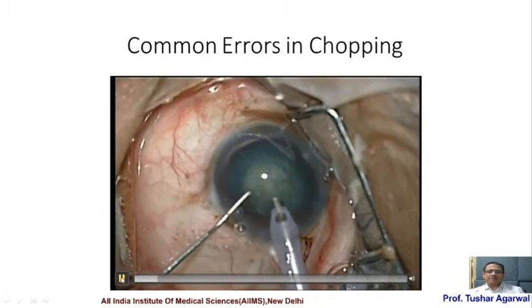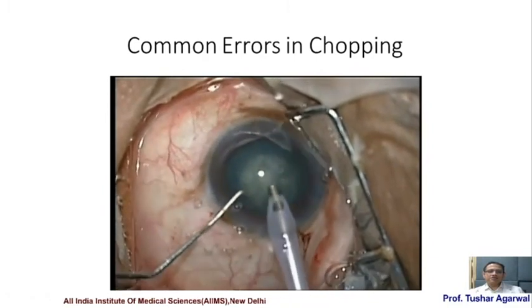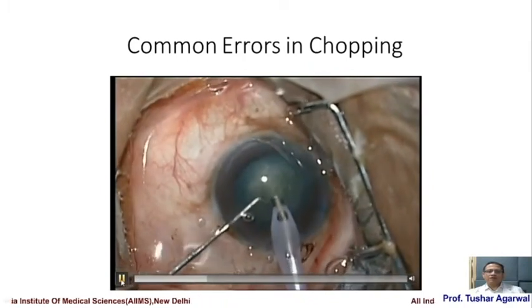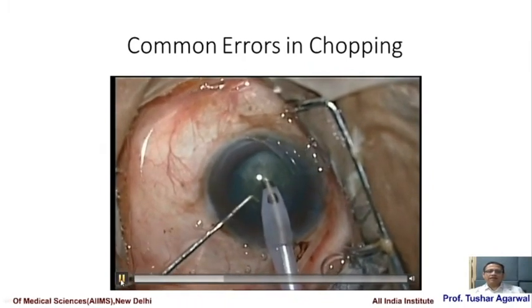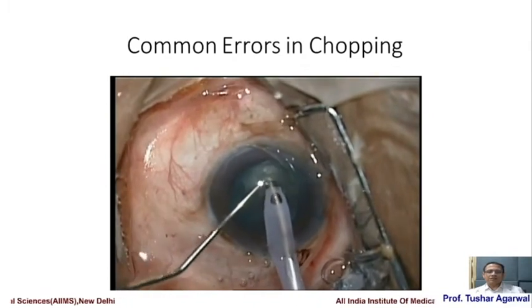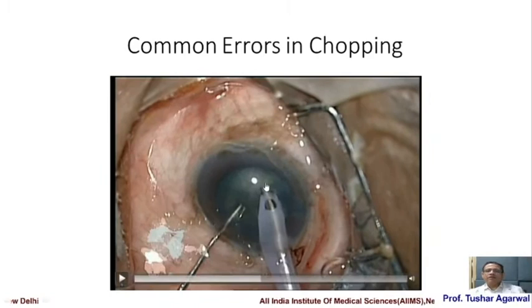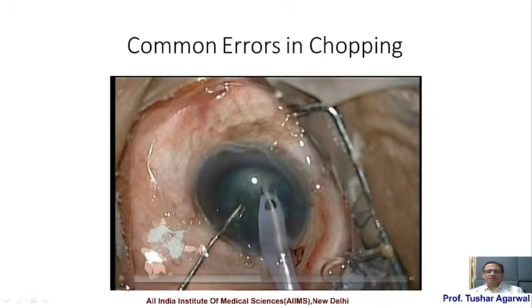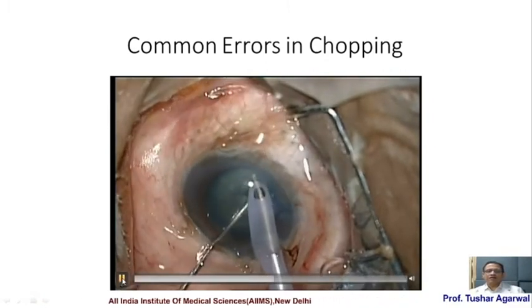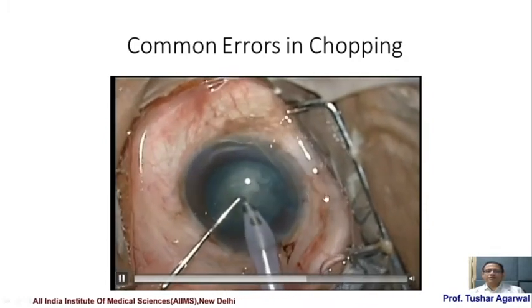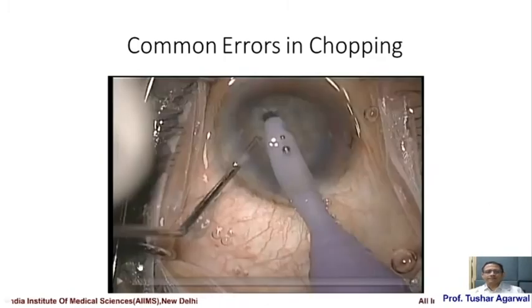So in this first case, we find that the initial tendency is to chase the nucleus with the phaco needle, and not giving vacuum at all. So you'll find that beginners a lot of times chase the nucleus, they don't give vacuum at all, and they reach the periphery. And you don't want to do that. You don't want to push the nucleus into extreme periphery. You can cause a dialysis, you can cause damage to the rhexis margin, and you don't want to be doing this peripheral chopping at all. You want to stay in the center. You want to use the vacuum properly.